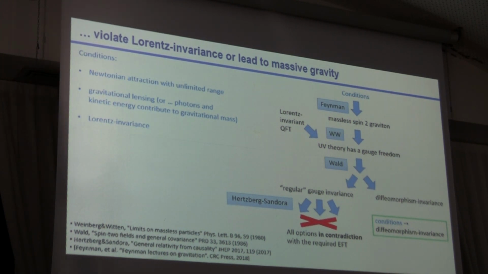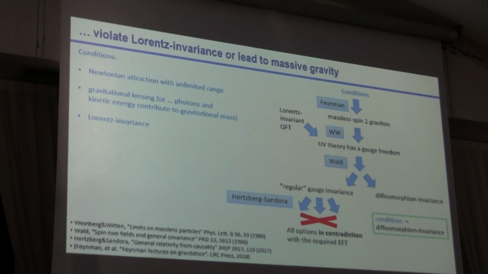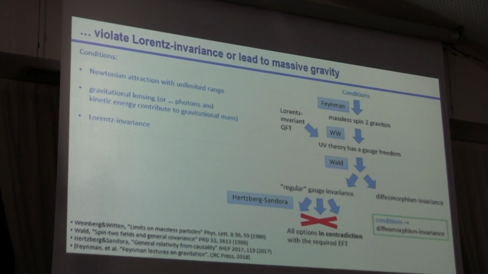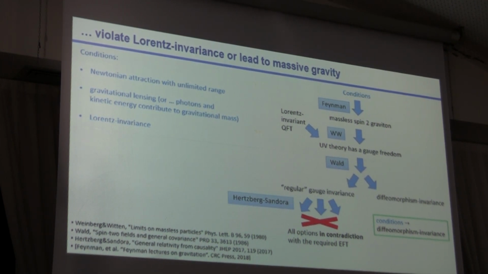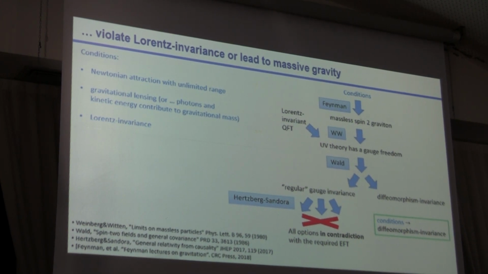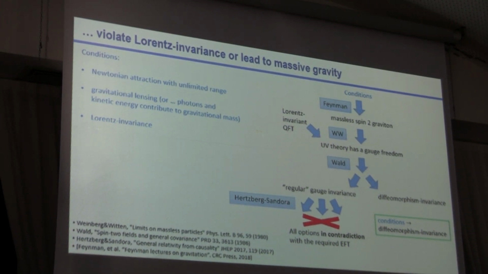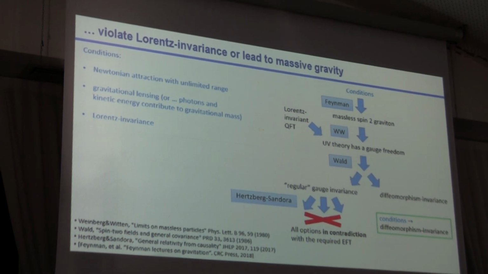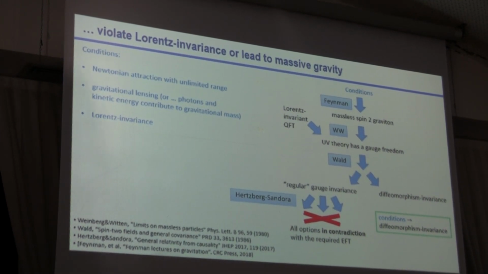diffeomorphism invariance. So we understand now that to build this space for Lagrangians, it will have to be a space that violates one of those. The one that I feel is the most interesting to try to break, the easiest as a test at least, is the one about Newtonian attraction with unlimited range, which means basically going to massive gravity. And massive gravity is an interesting field on its own, but it's the easiest way for us to bypass all those rules limiting us.